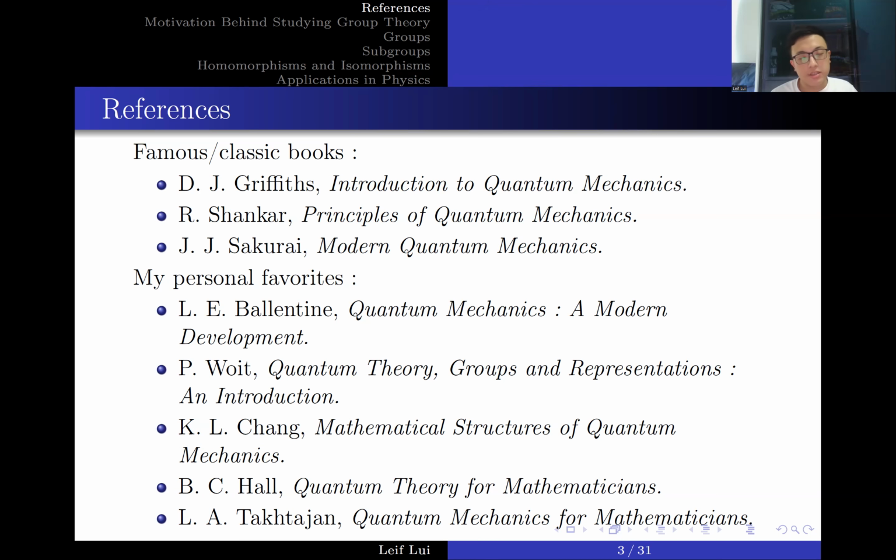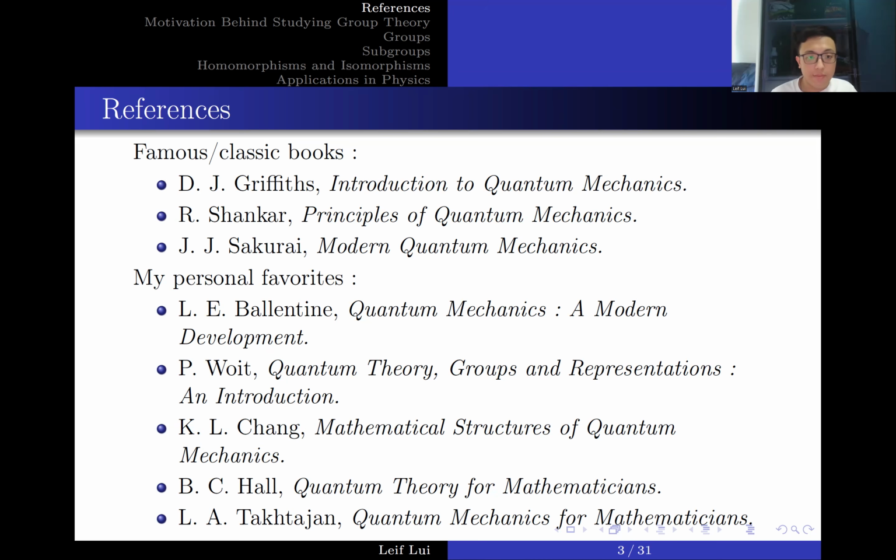Additionally, Ballentine has a very nice discussion on the connection between Dirac notation and dual vectors and vectors and inner products using Riesz's representation theorem. And they also have quite a nice discussion on Hilbert spaces and the postulates of quantum mechanics. So this book I highly recommend because it's comprehensive, mathematically rigorous, and draws a good connection between mathematics and physics. So I really like this book.